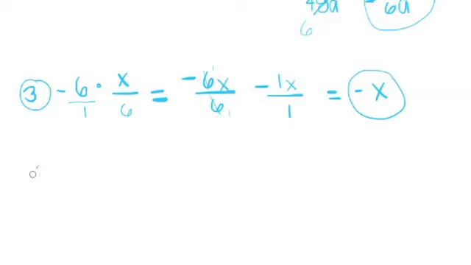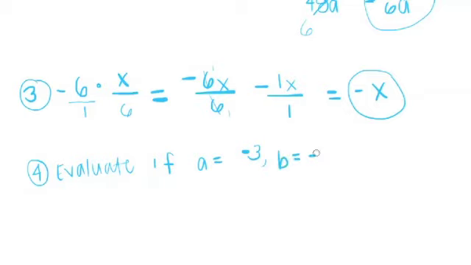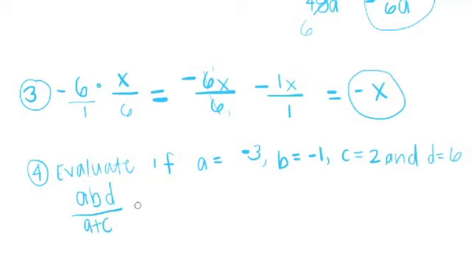Here we go. I got one last one for us today. It's an evaluate problem. Remember, I told you evaluate is just a fancy word for substitute. So basically it's telling me that wherever I see an A, I want you to plug in negative 3. Wherever you see a B, plug in negative 1. C, plug in a 2. And a D, plug in 6. Okay, so if I gave you an equation that looked like this, A times B times D all over A plus C,